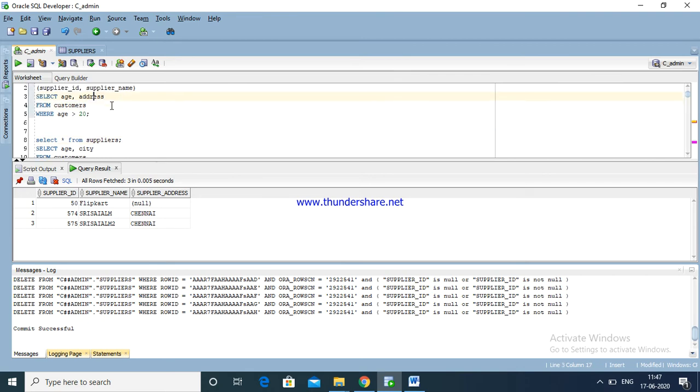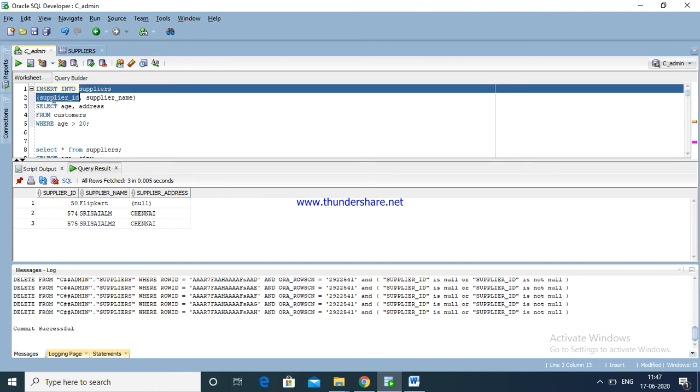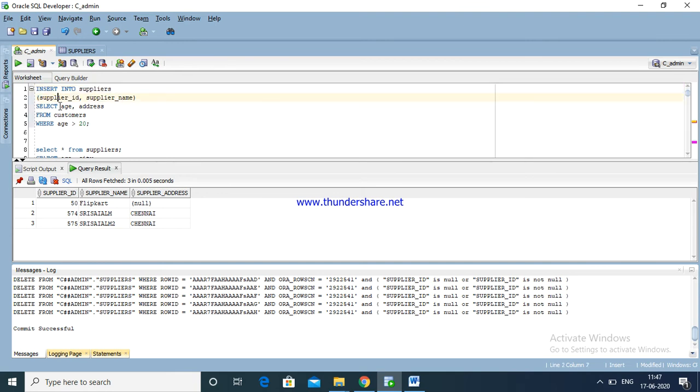Now I am going to insert. Okay, where is go up? This is the suppliers. We are just passing 2 columns after using select columns. The select statement has 2 columns. Okay, these 2 columns: age we are passing to supplier ID, address we are passing to supplier name.